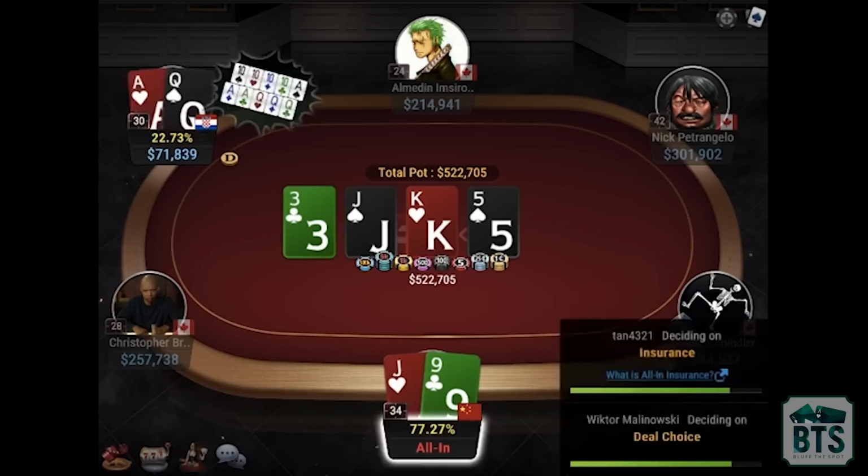So I like the fact that he's calling light. I mean, Tan's clearly not in the mood to fold anything at the moment. He's clearly in the mood to gamble, but ace queen is a bit much. And then Tan, okay, he c-bet the flop, whatever. It's not the worst play in the world, but when he shoves here, he correctly identifies that